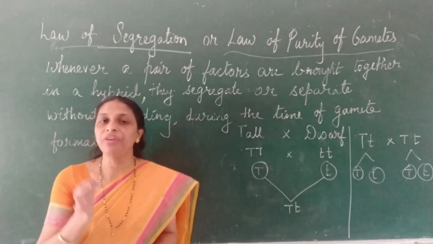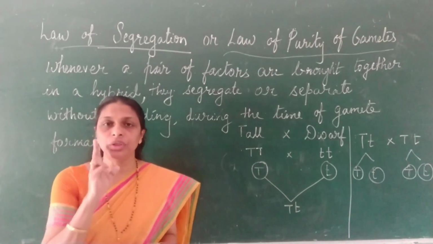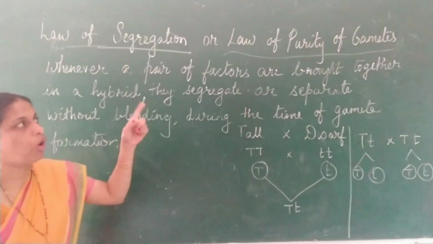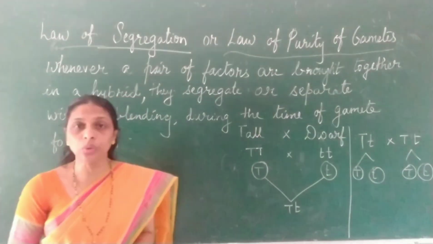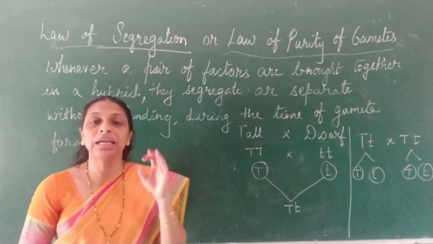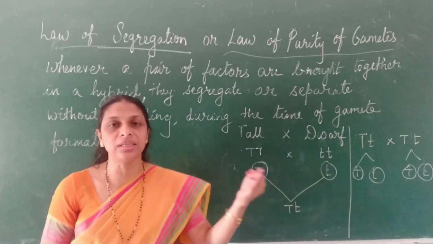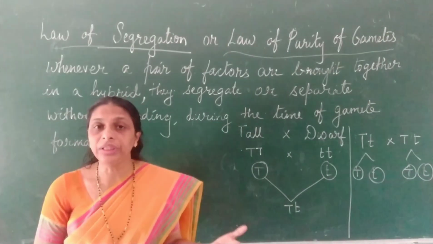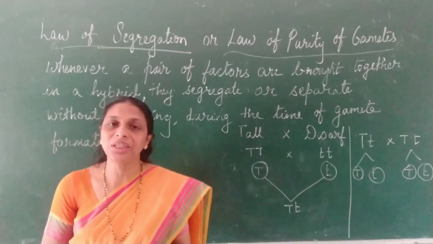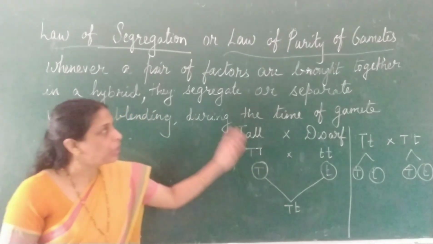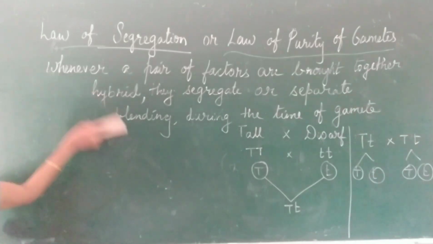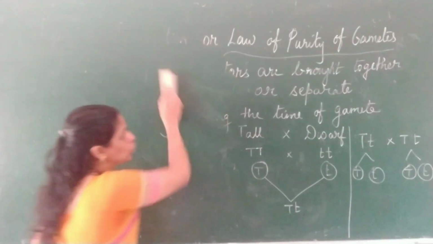So hope this is clear. From a monohybrid cross, Mendel derived two laws. One is the law of dominance and the second is the law of segregation or law of purity of gametes. So you may get a question, why is the law of segregation called the law of purity of gametes? What is the reason? Because the gametes received only one factor at a time. The gametes were pure. After formation from the hybrid, the factors separated or segregated during the time of gamete formation. That is the reason why it is called the law of purity of gametes. Hope it's clear? Right. Now let's move on to the next topic, that is back cross or test cross.